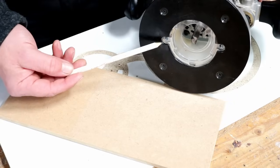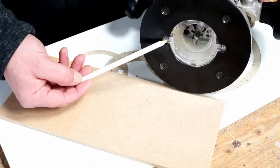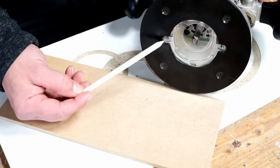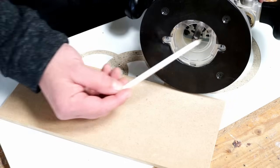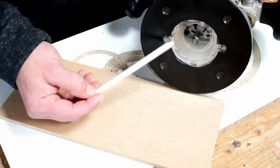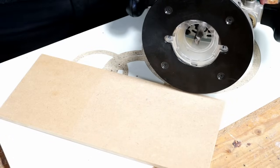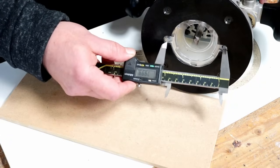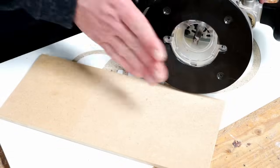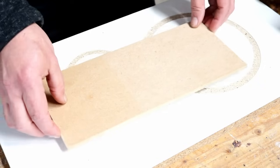This is the router I'm going to be using for this demonstration. It's a little bit big for certain things, but it's all I have at the moment. My little router gave up the ghost. So the fixing points I'm going to be using on this router is here and here. Now they are centered on the bit, so that makes it easy for marking out. And if you measure from center to center, they are 80 millimeters. So that's the router. So now we move on to the piece, and the simple way of doing this is,